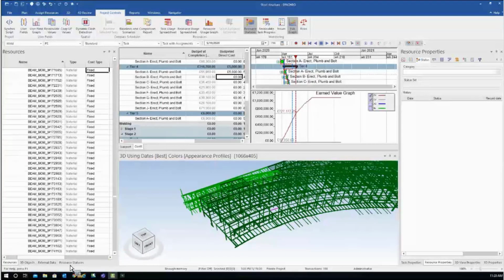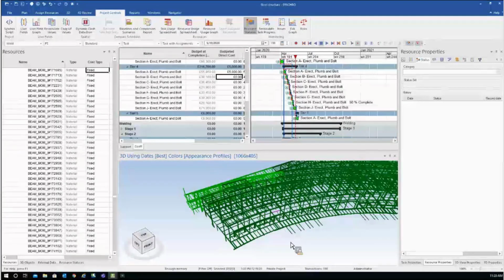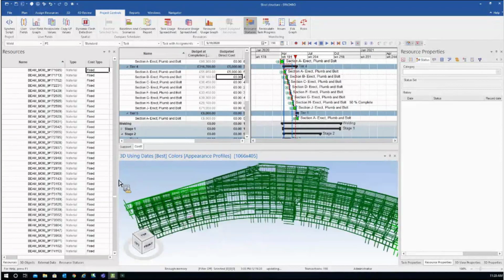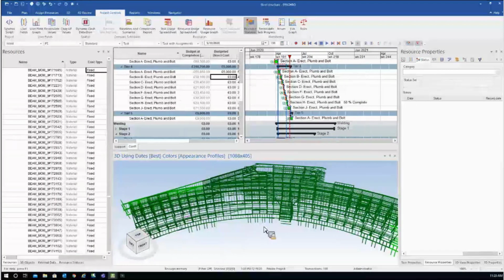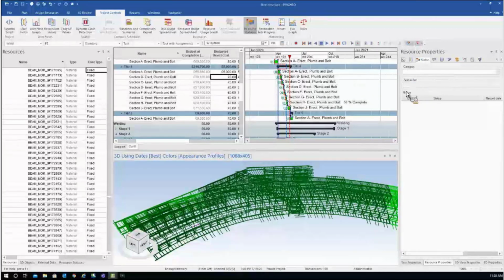The other one, because we imported also some resource statuses, I can visualize and compare with my current schedule the actual dates of